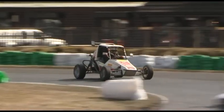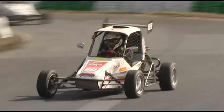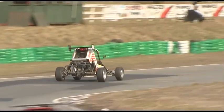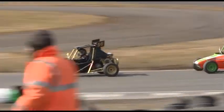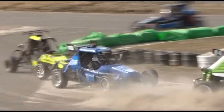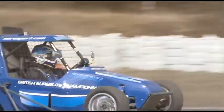Incredible, and yeah, that was a big hit there, so hopefully he's not done any damage and everything's still in line for him to carry on and resume. But yeah, a bit of a mistake there, could have easily cost him the race there. Phil Redfern out in 1st position, Tony Turner in 2nd place, Jake Swan in 3rd place, and in 4th place